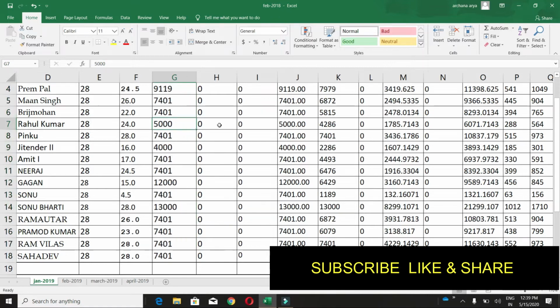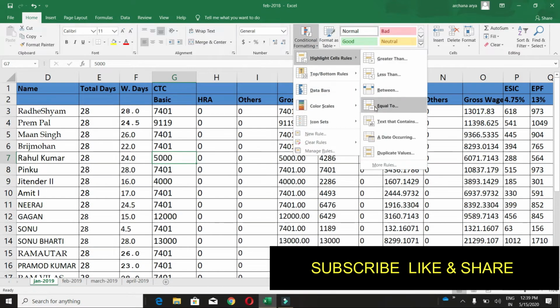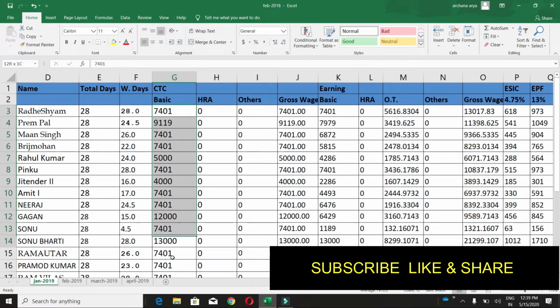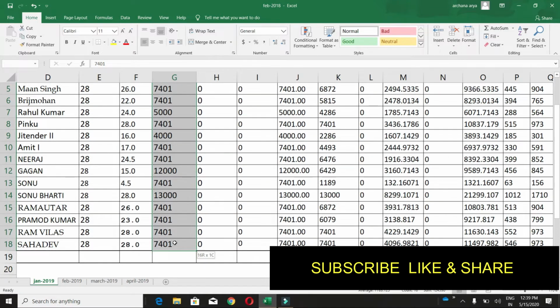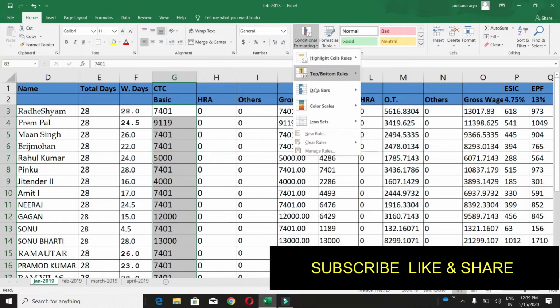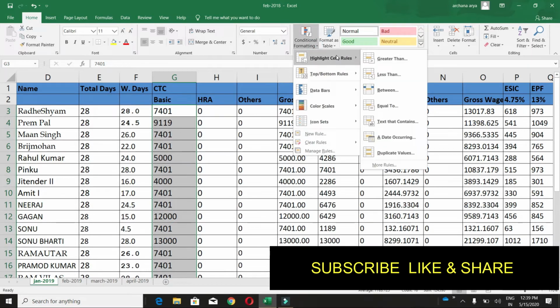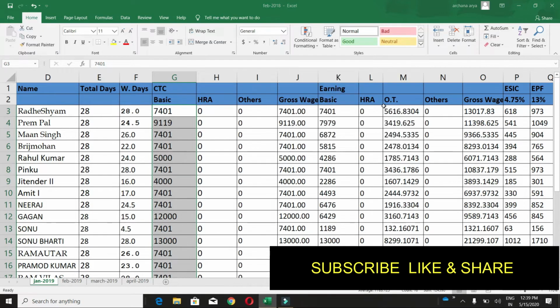Okay, fine. So guys, let's see the next option. The next option is equal to. Now you want to know how many employees are getting salary equal to 12,000. So we have to select here, already selected. Now go to conditional formatting, then highlight cells rules, go to equal to.